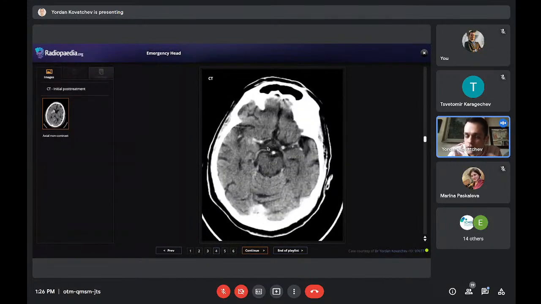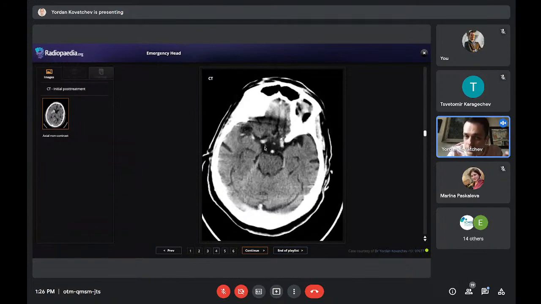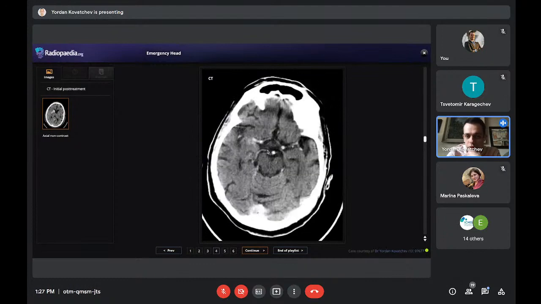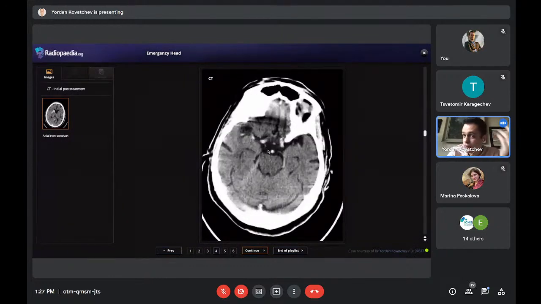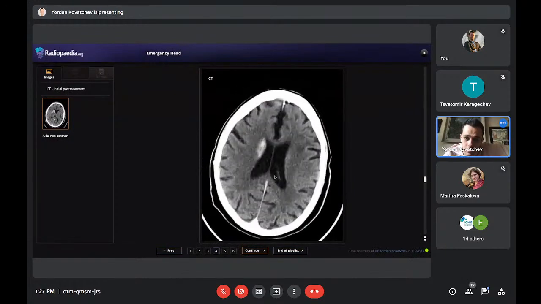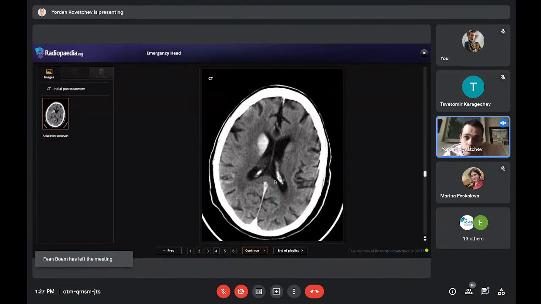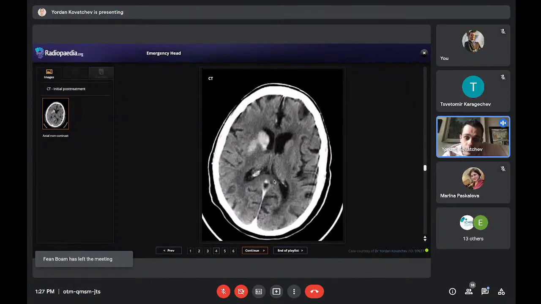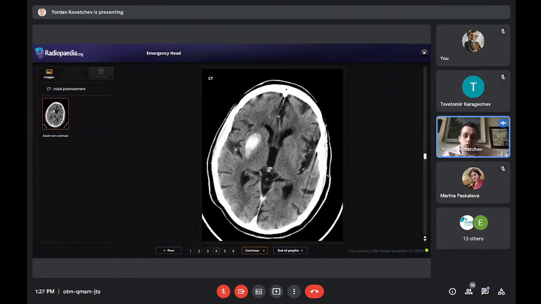This contrast is from the previous study that was done during the intervention, and in it you can now follow this middle cerebral artery that was thrombosed earlier. You can follow it distally, so it was successful, at least in this aspect. But as you said, exactly, you're completely correct. This is a hemorrhage. This looks like a hemorrhage, exactly what you were shown until now.